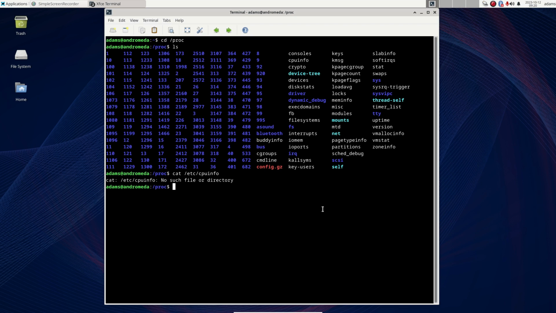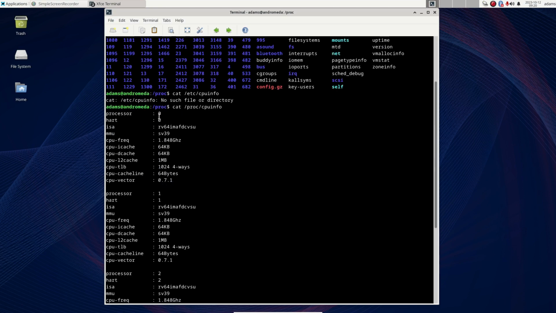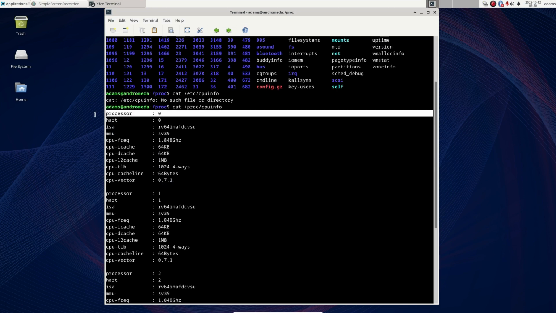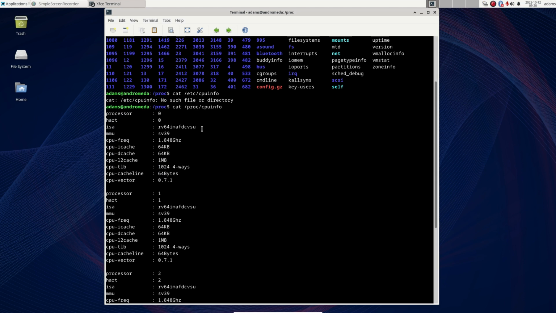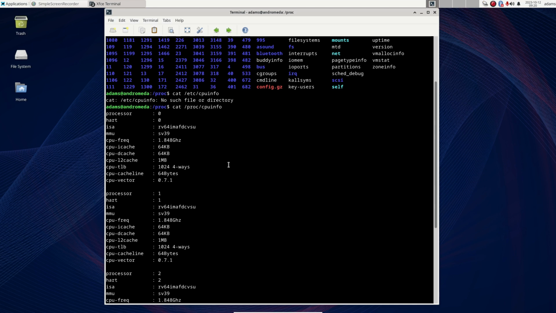Oh, it's not etc. It's /proc/cpuinfo. I just get the CPU information listed. So processor 0 is a RISC-V 64. That's the instruction set architecture, and then all the letters after it have to do with all the various